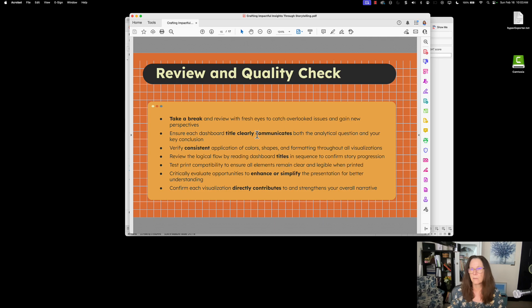We talked about colors. If you're using shapes, formatting, that kind of thing, you want to be consistent. And you don't want a really big title and then a small title, that kind of thing. And you do want to make your charts as simple as possible. Some of the most elegant charts I've ever seen convey a ton of information in a very simple chart. You'll notice that if you ever go out and check Dow stock prices, it's just a tiny little chart, and they convey so much information at a glance. So that's another thing that you might want to do to really enhance your stories.